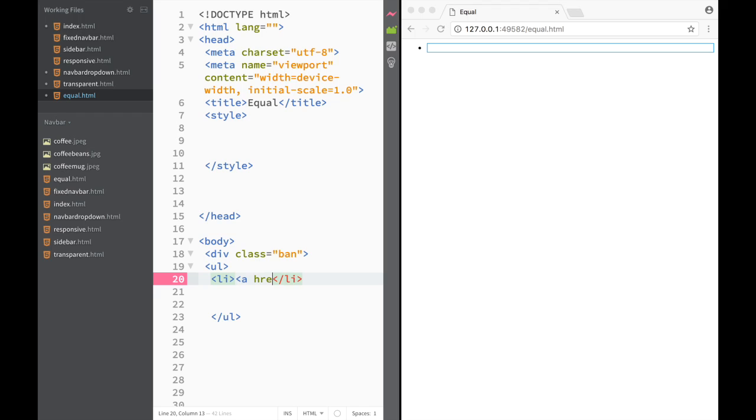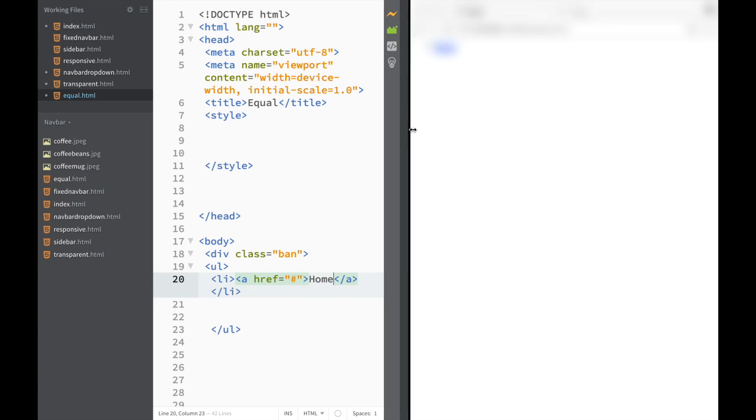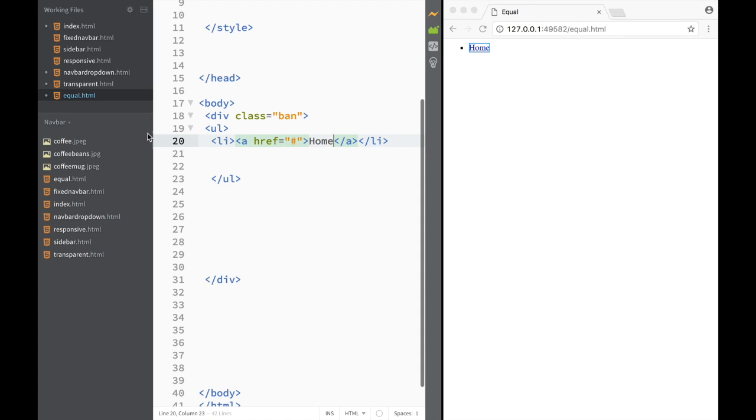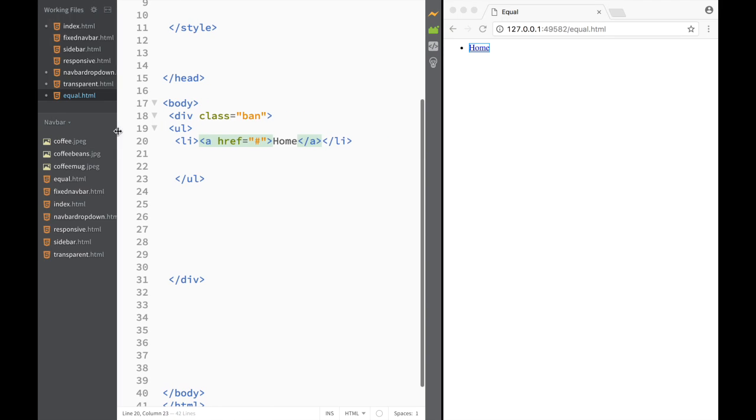So over here it's going to be a link, this is going to be an href, and over here we're just going to say that this is going to be a hashtag, and over here it's going to be, let's say again, home. But what I would want to do is actually just make it a little bit more space for us to work. And the next thing that I would want to do